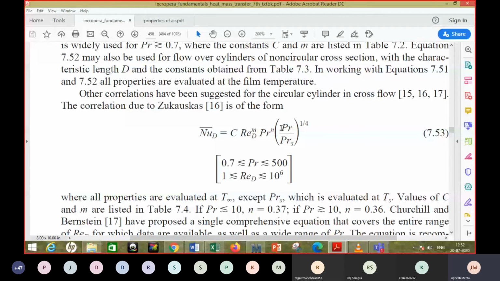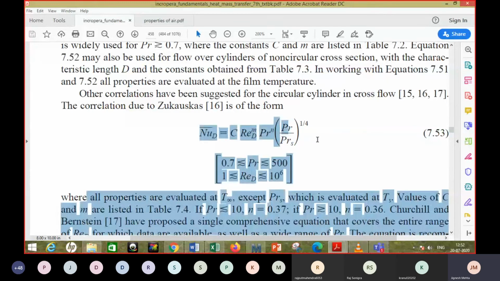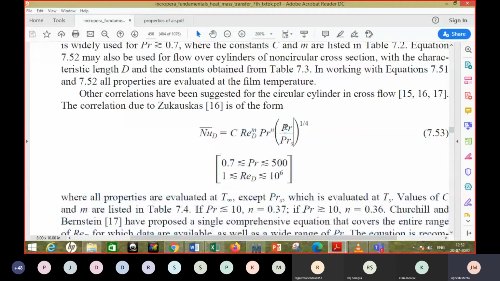it is the fluid or bulk fluid property, right? The fluid temperature is to be used for evaluating that property, and the surface temperature is to be used here. So if there is not much difference between the fluid temperature and the surface temperature, then what is there in the bracket would come out to be near 1. So then this portion doesn't have much significance. But when the difference is high, you will find that it deviates much from the value 1.